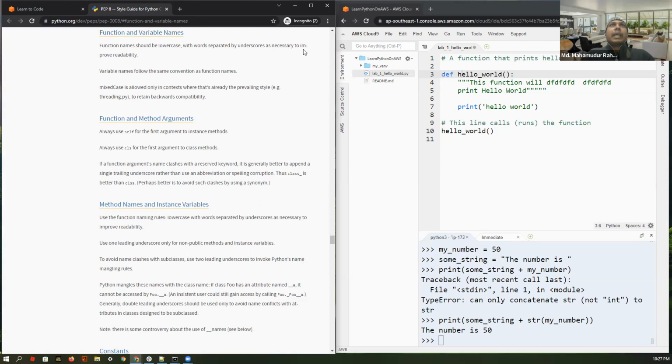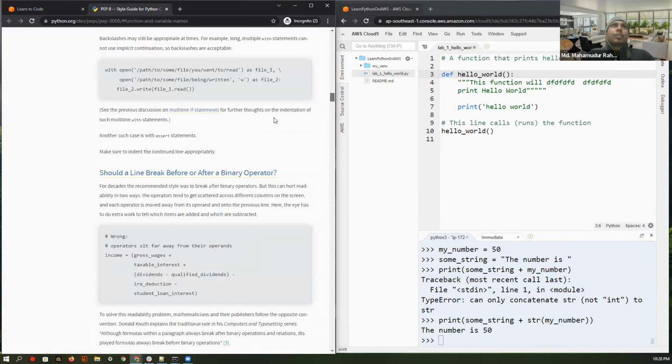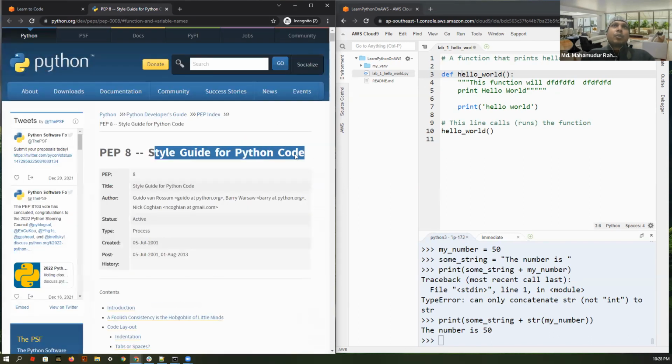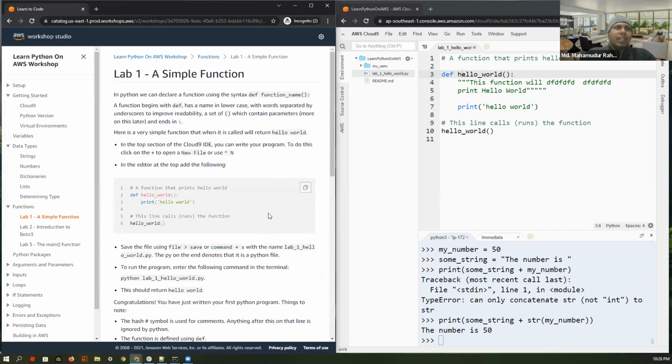Variable names follow the same convention as function names. Mixed case is allowed only in contexts where that's already the prevailing style, যেমন threading.py, to retain backwards compatibility. Backward compatibility নিয়ে আমাদের ভাবতে হবে না, আমরা Python 3 দিয়ে কাজ করছি। আমরা দেখব পাইথনের স্টাইল গাইড ফলো করছি কিনা। এটা হচ্ছে পাইথন কোডের জন্য স্টাইল গাইড। এই জিনিসটা দেখানোর জন্য আপনাদের কাছে নিয়ে এলাম। এবার ফাংশনের জায়গায় চলে যাই।